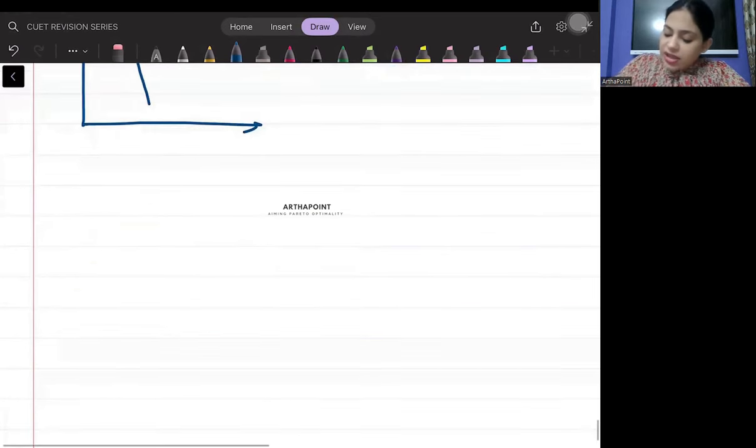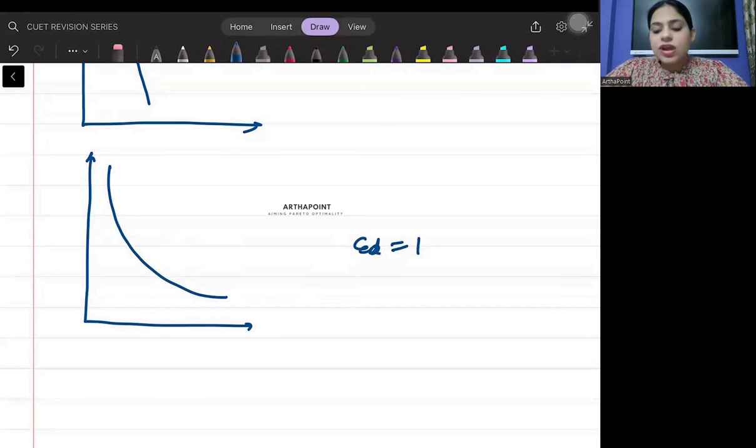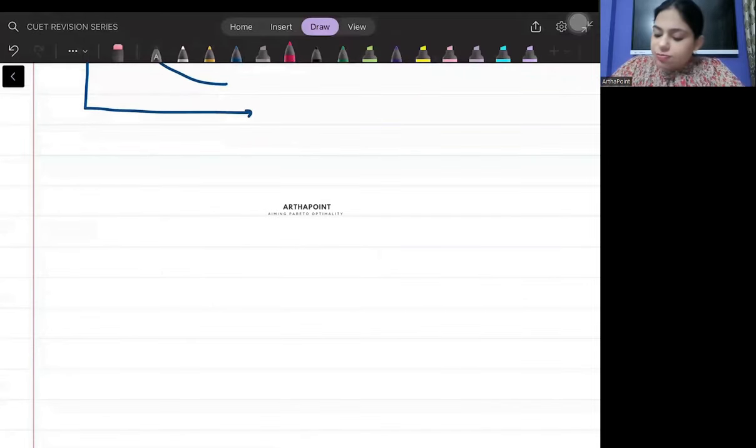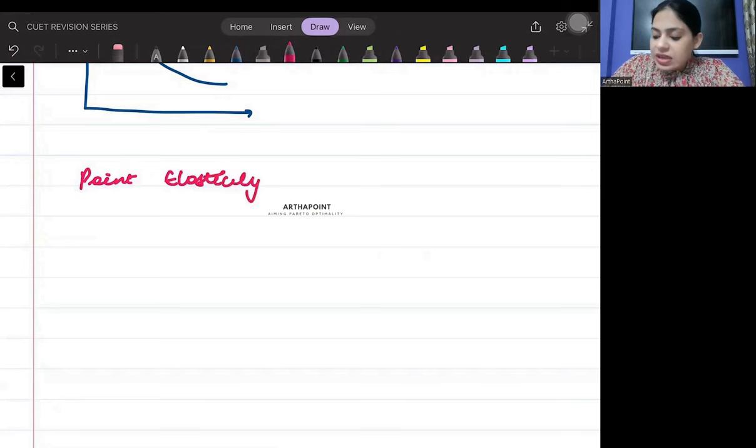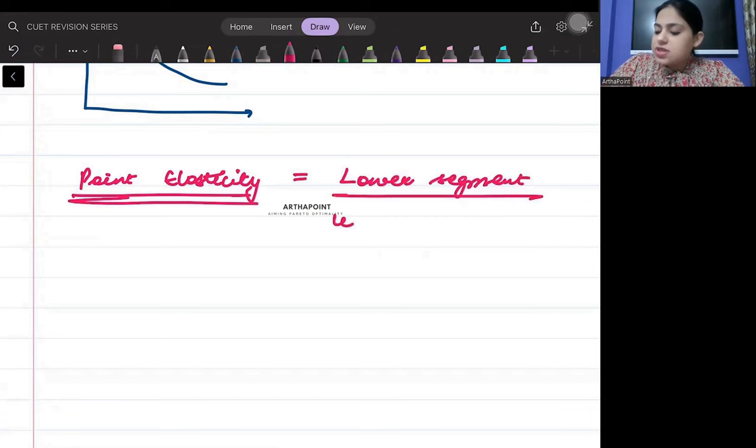And for rectangular hyperbola, elasticity of demand is 1. Then we have the concept of point elasticity. एक linear curve, एक linear line, it has different elasticities at different points, right? And that is known as point elasticity. Point elasticity formula, it is lower segment divided by upper segment,